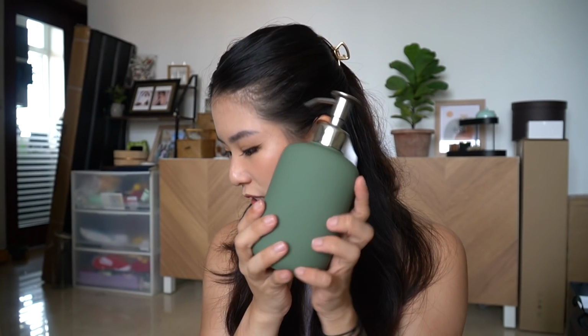So I'm glad that it came back in a green. Though not mint green, I do find that this muted army green is really pretty still. It's actually really nice because you don't excessively press too much out even if you press it all the way down. And I also have a couple of bar soaps that I'm not getting much use out of, so I thought I would also get a